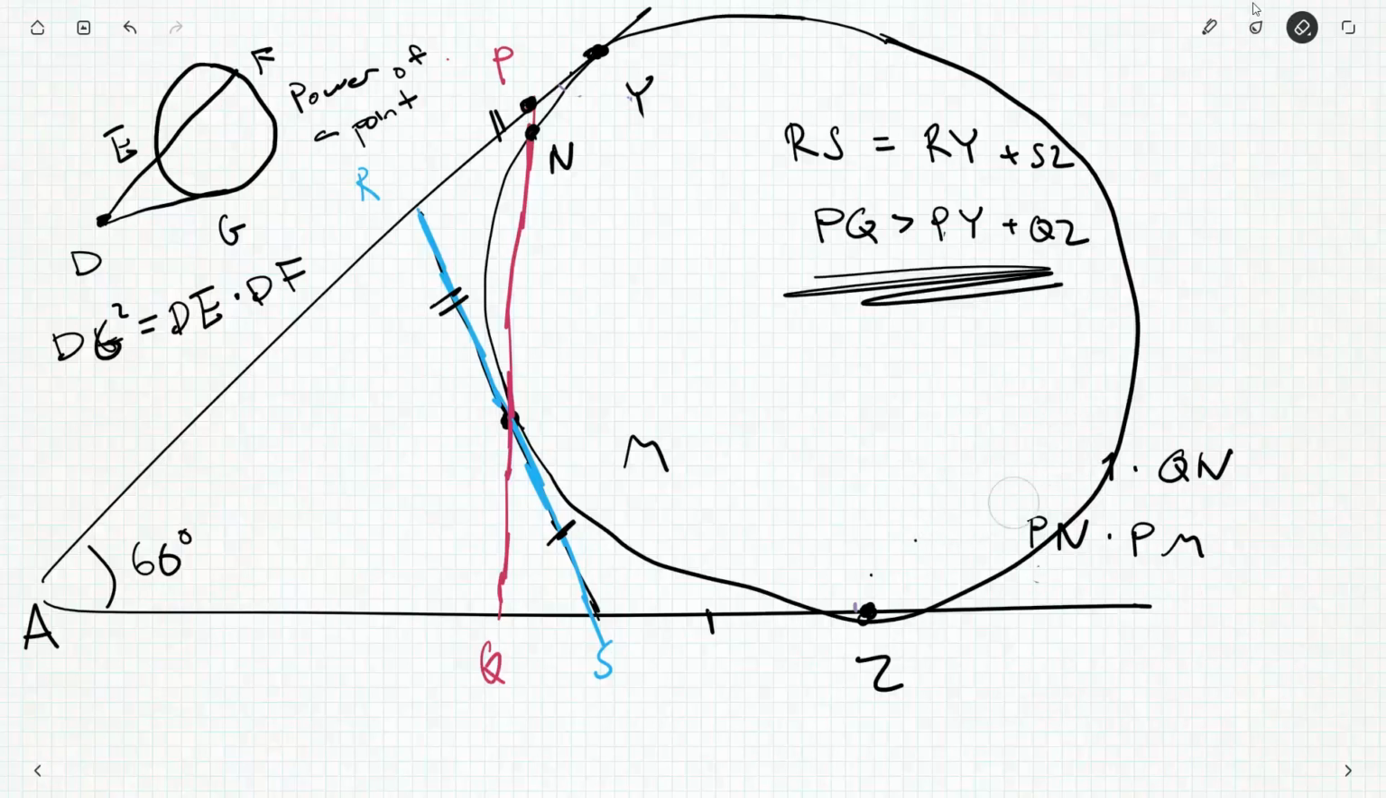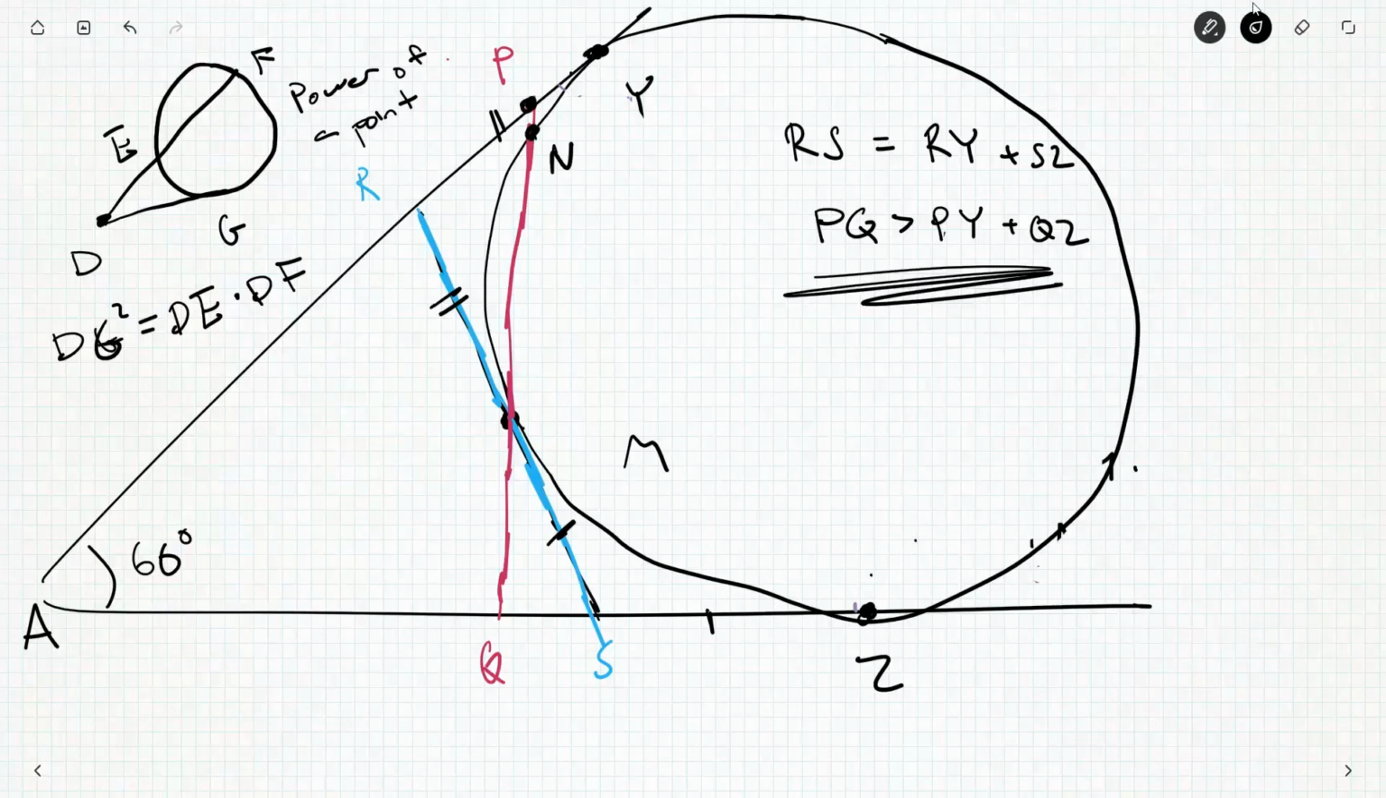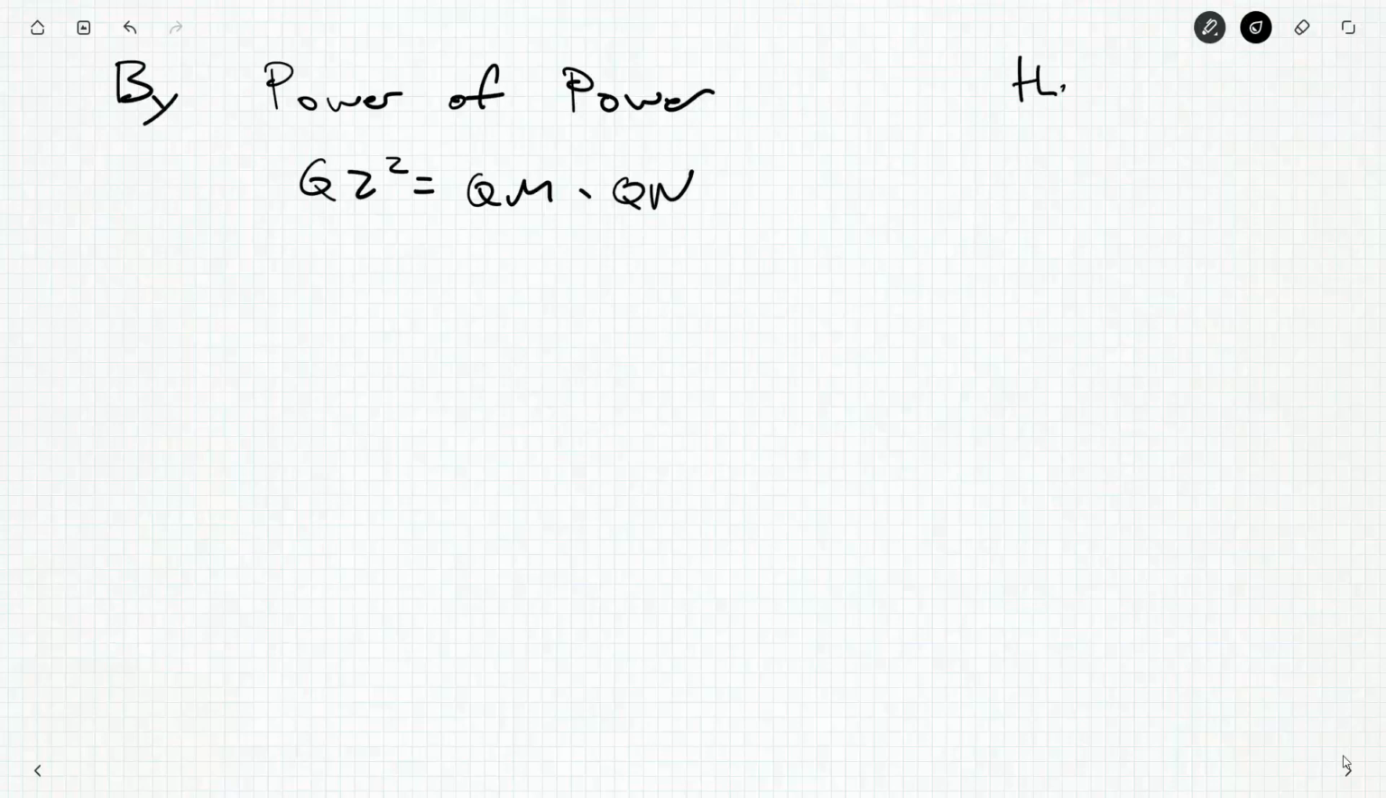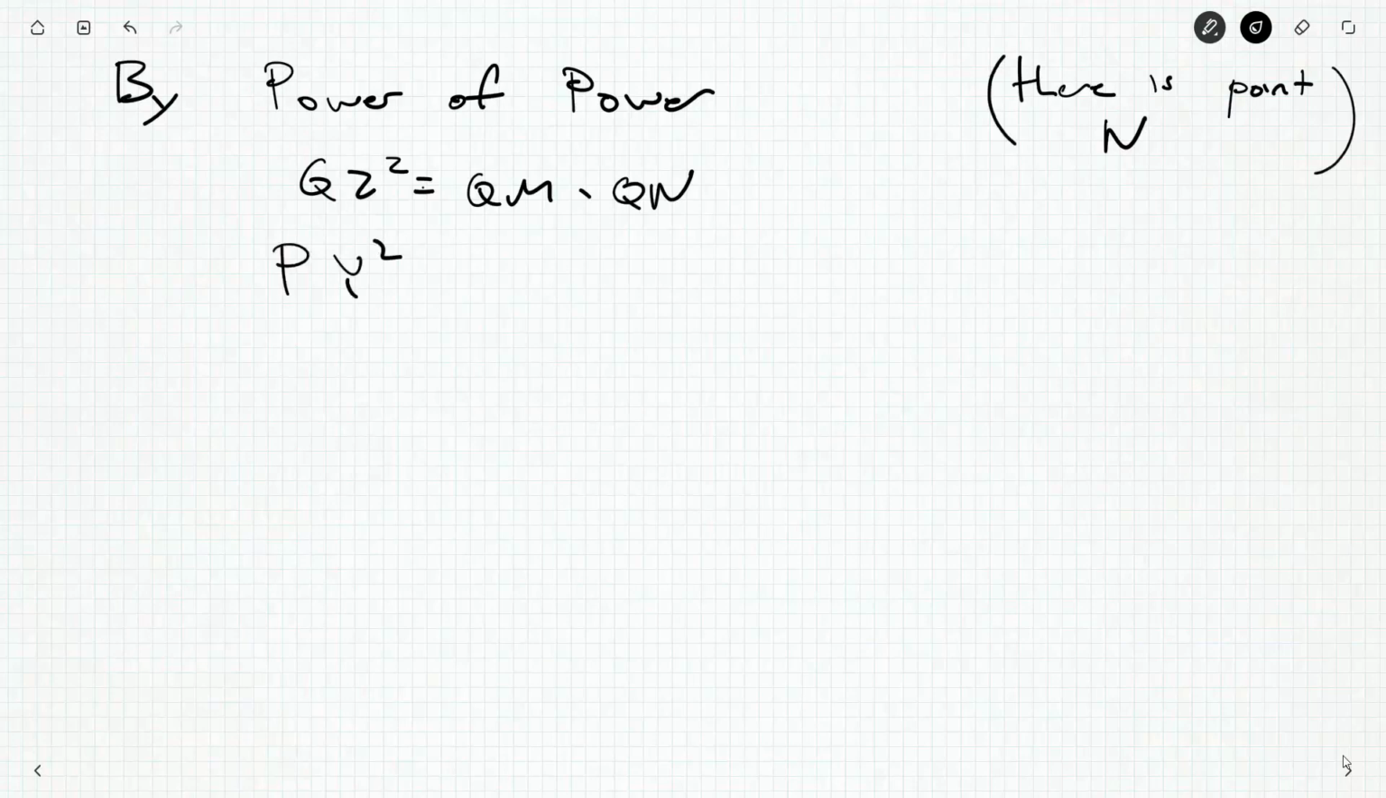So I have to write this up because it's a written solution, so we'll write it on the other side just because I've run out of room, but I think power of a point will help us. So referring back to our diagram, by power of a point, some people abbreviate this as POP. Most people in the marking room will recognize that. We've got QZ squared is equal to QM times QN, because there is a point N. We already commented on this, and it would need to be part of our write-up. PY squared is PM times PN,